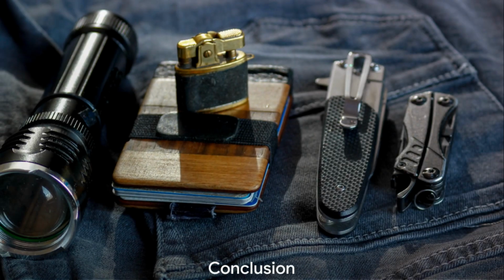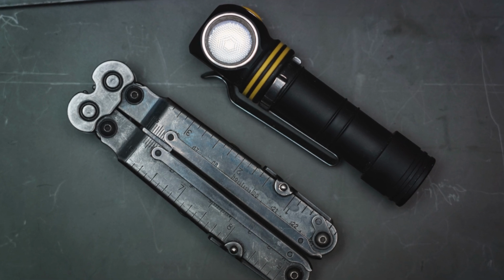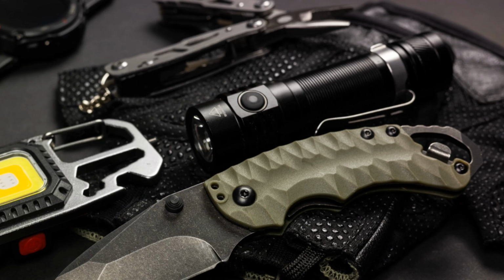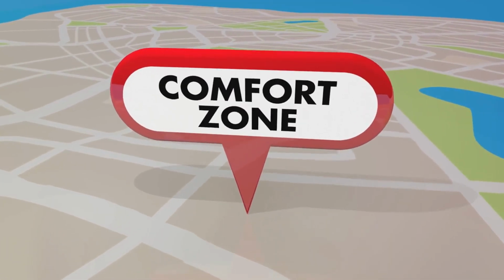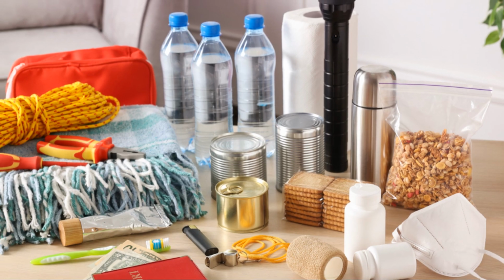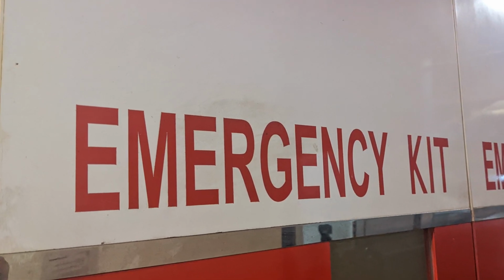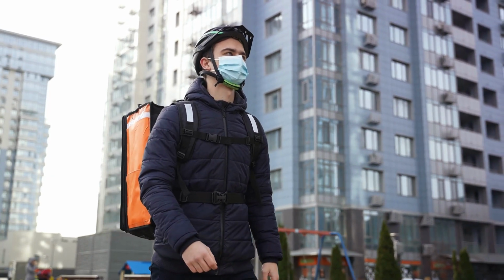come your way. Being prepared for an urban survival scenario is about understanding the unique challenges of city living and equipping yourself accordingly. We've covered the essentials of urban readiness, from everyday carry items like multi-tools and flashlights, to urban-specific gear like escape tools and air quality management devices. We've emphasized the importance of navigation and communication tools, particularly detailed city maps and two-way radios, that can be lifesavers when cellular networks are overloaded. Remember, in an urban setting you also need to consider emergency food and water supplies, like water filtration bottles and compact high-energy food rations, and don't forget to tailor your personal and vehicle emergency kits to meet the demands of city survival. Each piece of gear has its own role to play in ensuring your safety and resilience in any